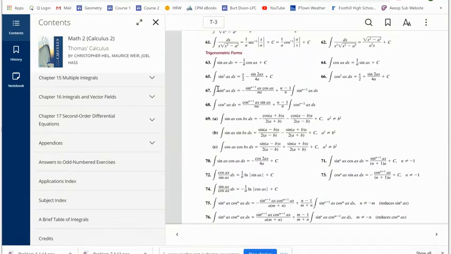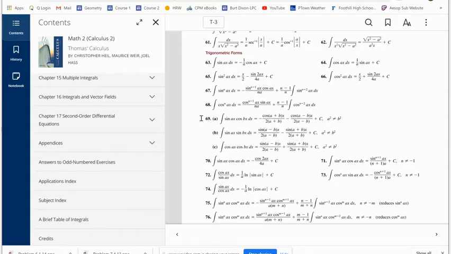Okay, so 67 and 68. Notice that we start with a sine with a power of n, and it gives us an answer with a sine with the power of n minus 1, and then part of that answer is an integral with a power of n minus 2. So every time you use this formula, you still get another integral to evaluate, but it's decreased by a power of 2. So these are called reduction formulas because the power of n is reduced by 2 every time you use this formula. And so you continue using it until you eventually have a small enough power that you can evaluate it